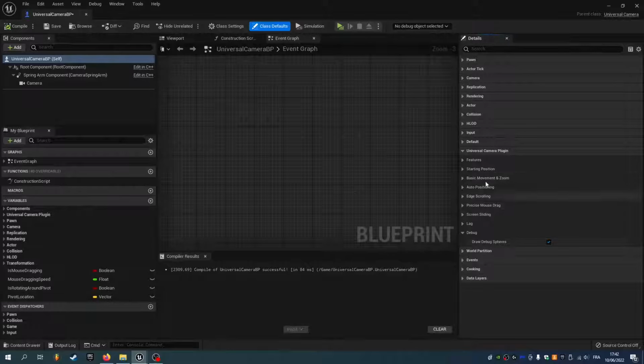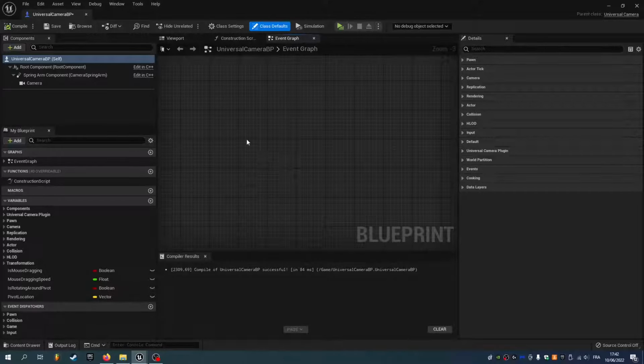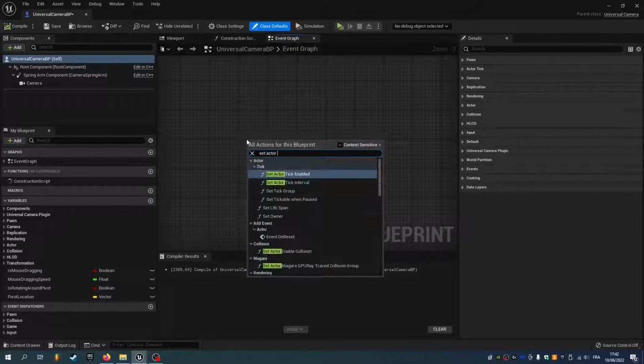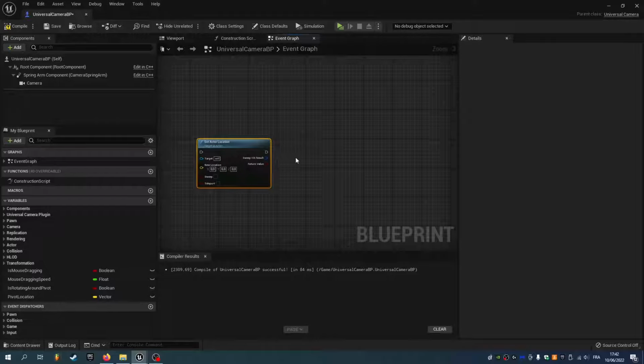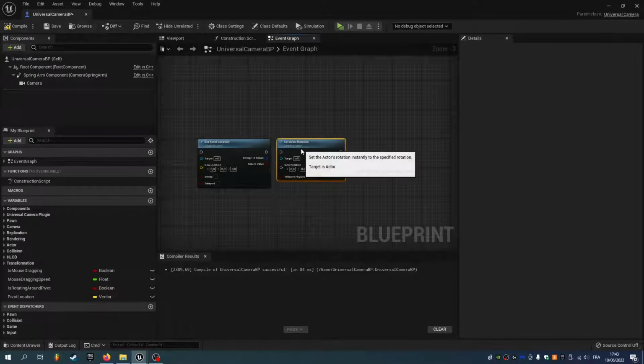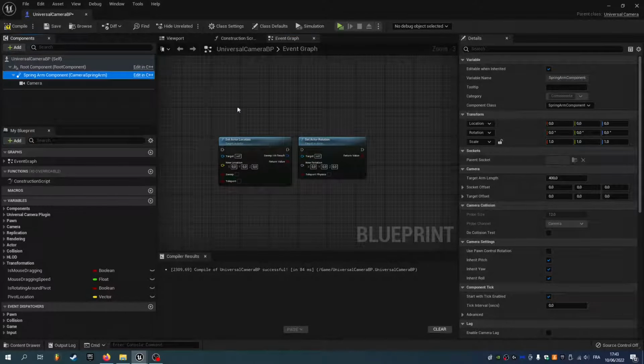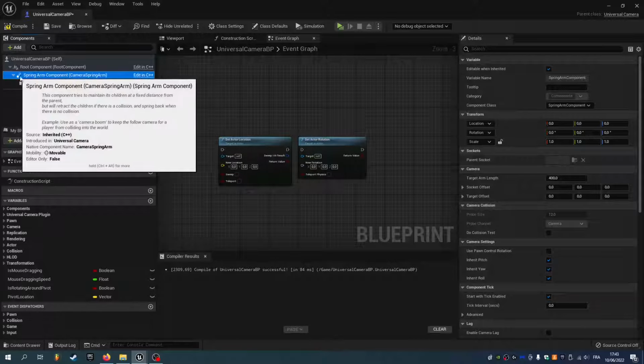So now we're done with the settings, but there are still some things and some tools that we didn't see. So I'm gonna show you. For example, you may wonder how to set the actual location of your camera using Blueprint. And when we're dealing with actors, we usually use set actor location, for example, and for the rotation, set actor rotation. And to modify the zoom level, just set the target arm length or the offset with your spring arm